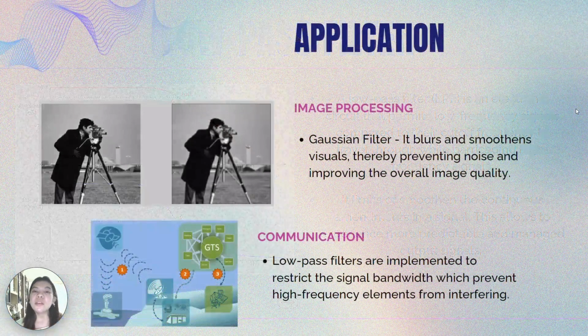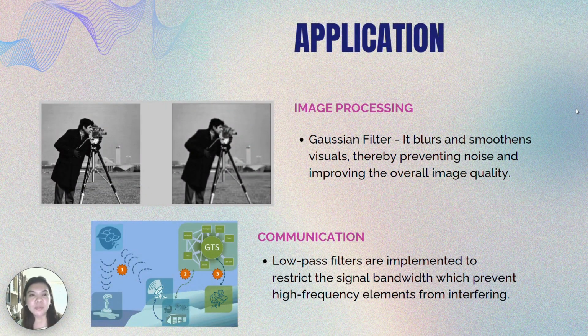signals. The common applications for low-pass filters are first, image processing. The Gaussian filter is one of the best examples of low-pass filters in image processing because it blurs and smoothens visuals, thereby preventing noise and improving the overall image quality. Next is communication. Low pass filters are implemented to restrict the signal bandwidth, which prevents high frequency elements from